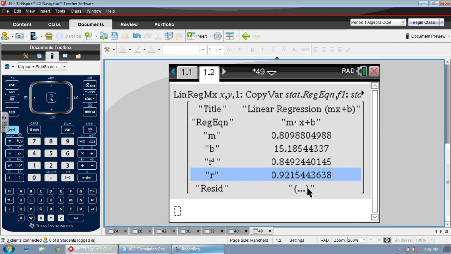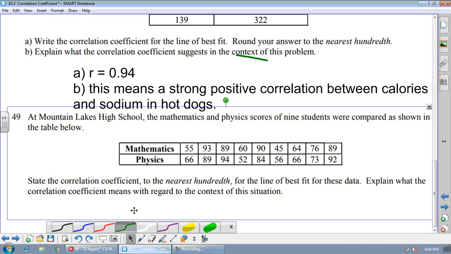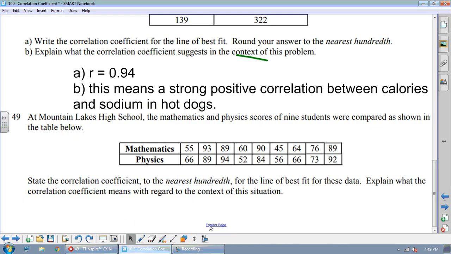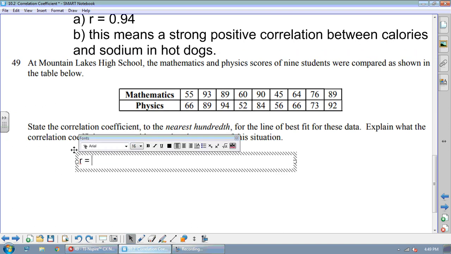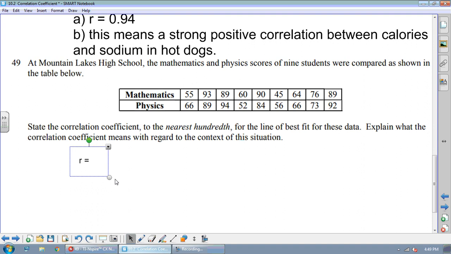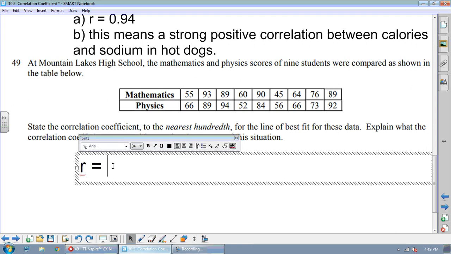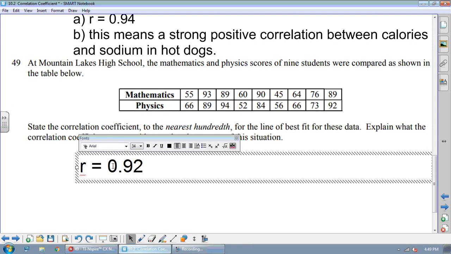Rounded to the nearest hundredth means 2 decimal places. 0.921, the 1 will not make the 2 round up. So we can say that r equals 0.92, which means